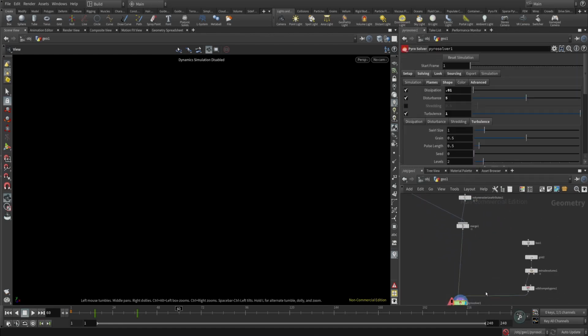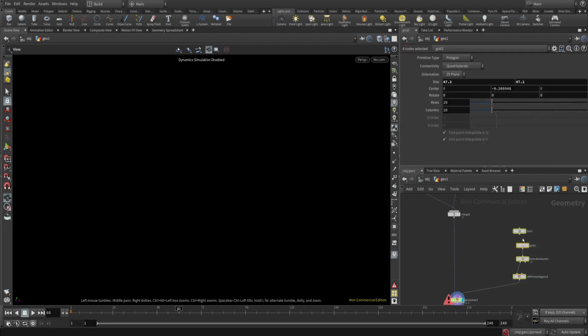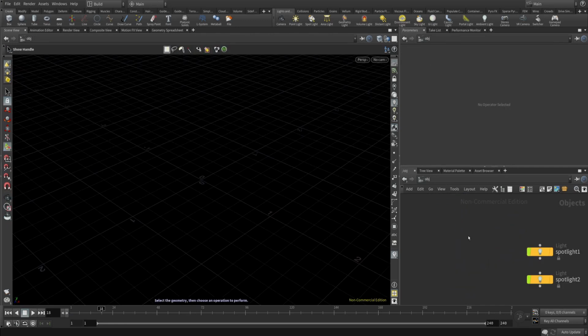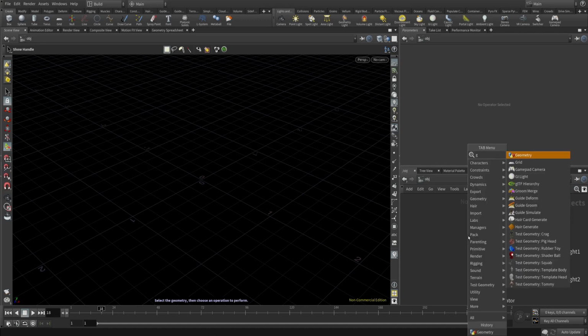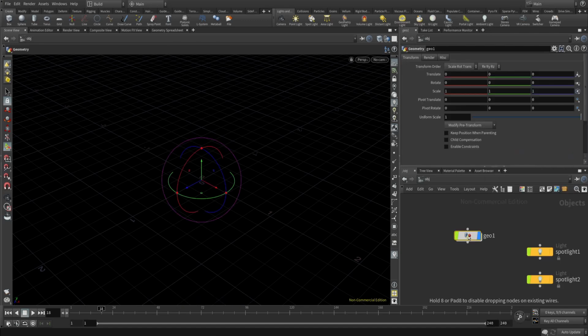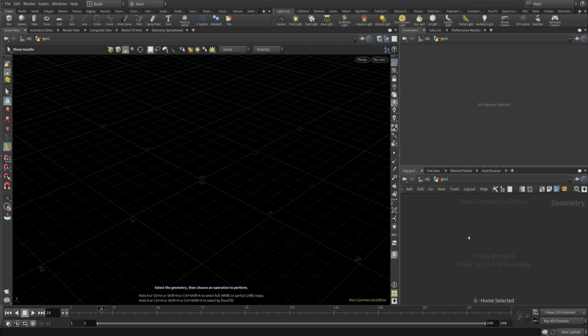Okay, let's jump to the next part. It's about trail simulation for the explosion. Okay, simulating trails with Houdini 18.5 is so simple because we have some useful nodes for simulating trails. Let me show you. Again, I'm going to use